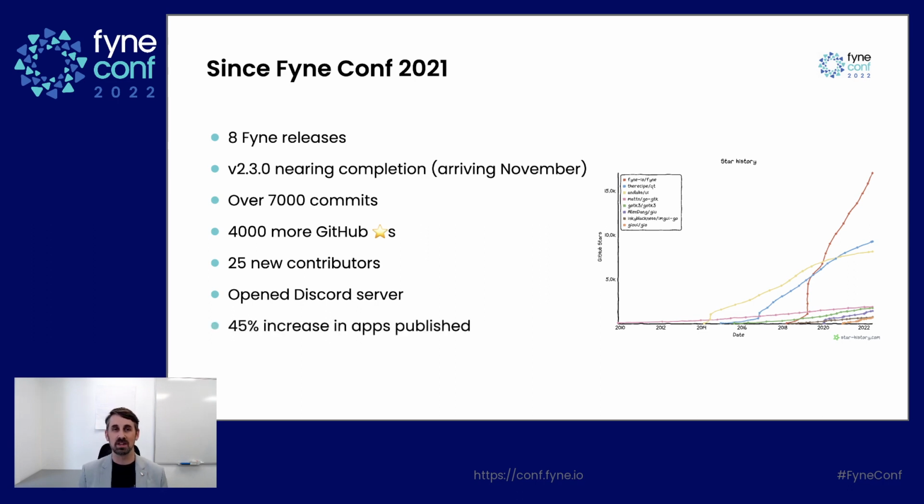The number of applications that we have seen out there has increased by about 45%, so nearly doubled since last year. If you're interested, of course, there's the ever-growing list of open source applications at apps.fyne.io, but we're also seeing a large growth in production companies, so people who are using this for their consumer-facing software or internally for building their business-critical applications. And also we have the Fyne extensions repository, which has had some great additions this year, including